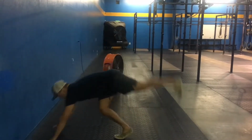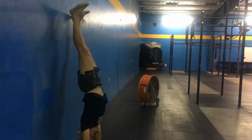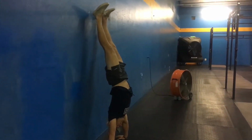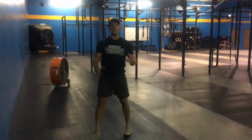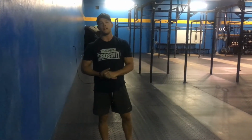So I'll get upside down, and then I'm going to take one foot off, see if I can slowly rock my weight forward and get that weight off of the wall. And that's how you begin to do a free handstand hold. So that step may take a long time in order to get comfortable and gain balance being upside down without